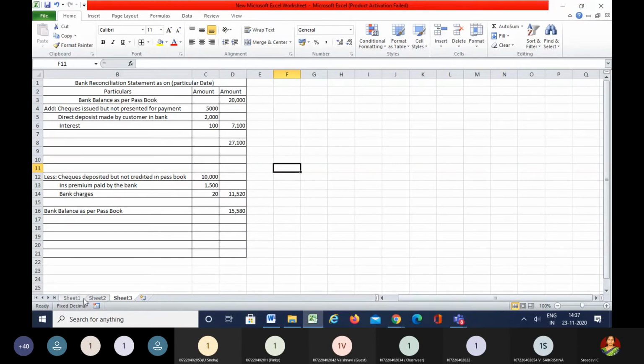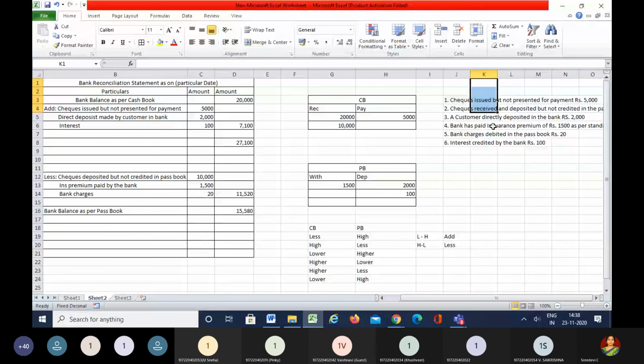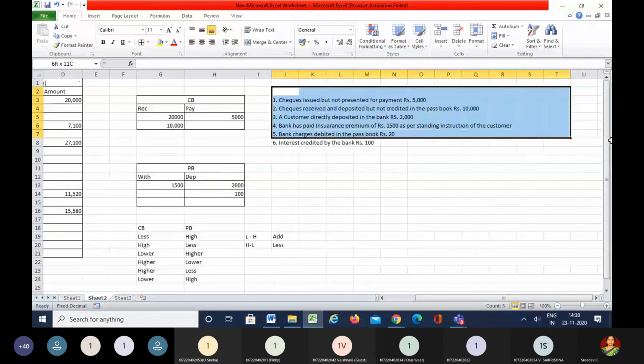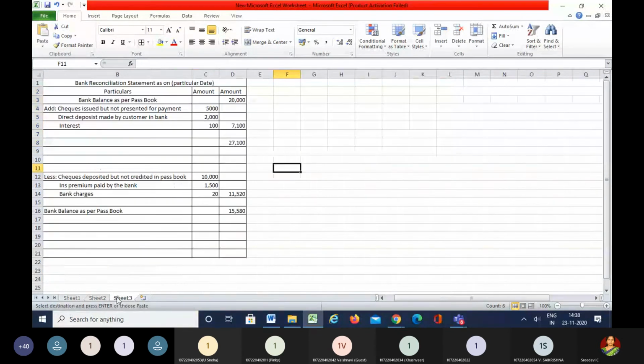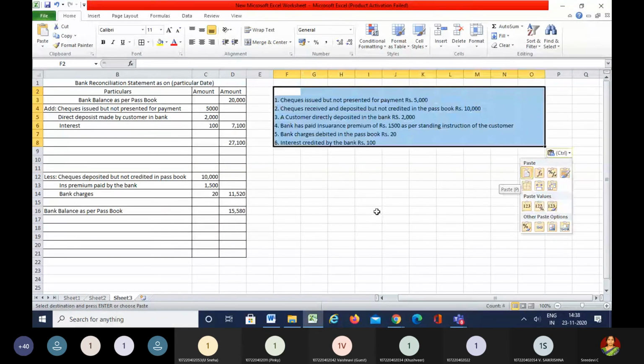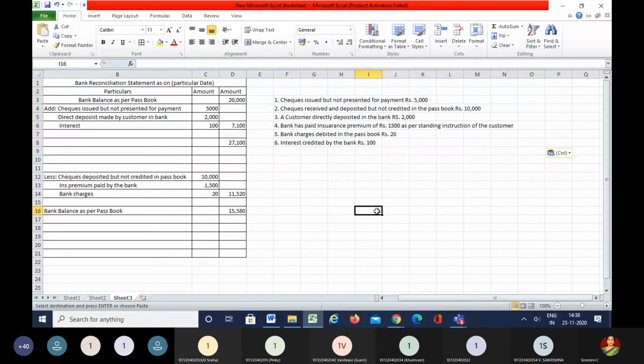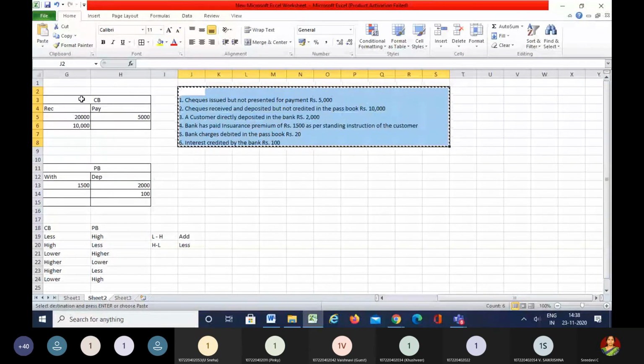What will happen if the checks have been issued and not presented for the payment? First, it will be recorded in the cash book, and because of which the cash book is less and the passbook is more. I'm repeating once again, the checks have been issued but not presented for the payment. The cash book will be less and the passbook will be more. Now here we are going according to the